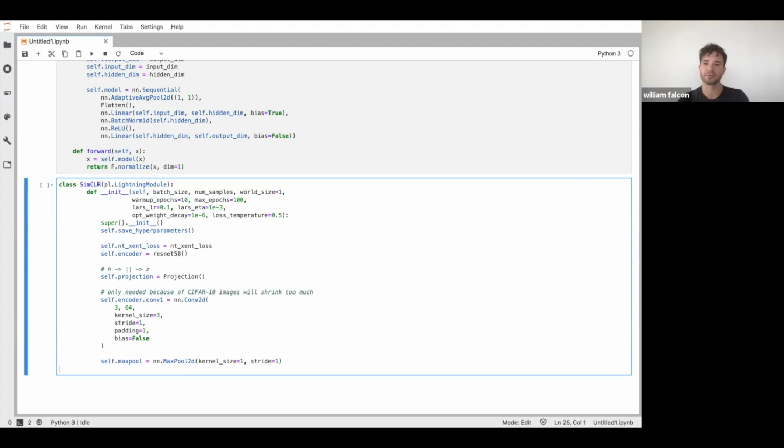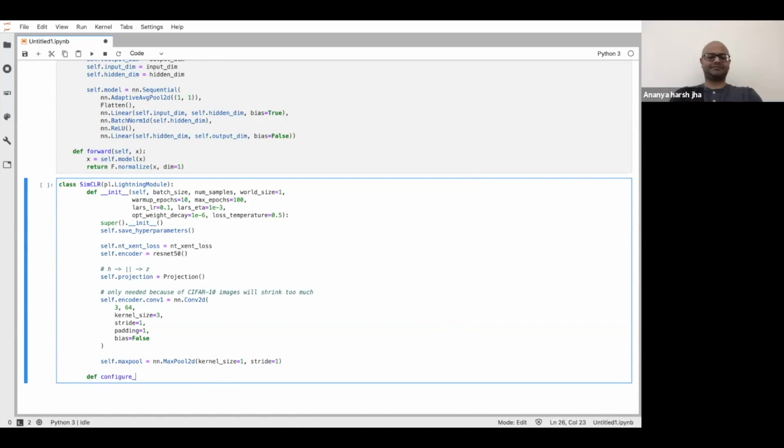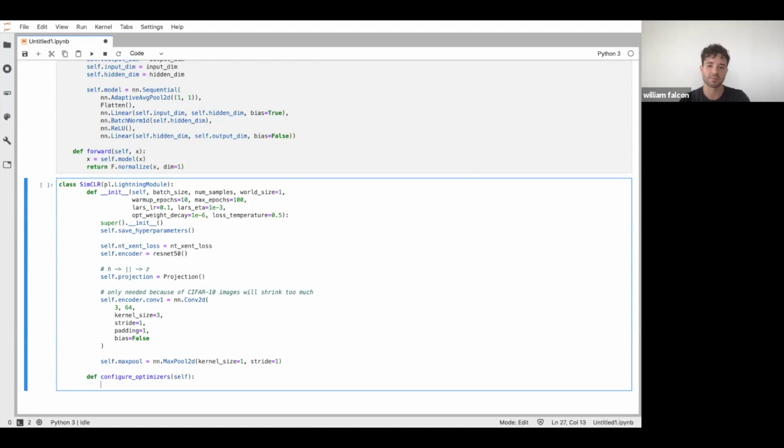Let's configure the optimizers, right? That's a lot of work in SimCLR. There are a lot of details there, so let's just knock that out real quick. One thing about Lightning that I like is that there's no guesswork about what optimizers, what tricks people use. Every method is tied automatically with all the details of how they did all the tricks with the